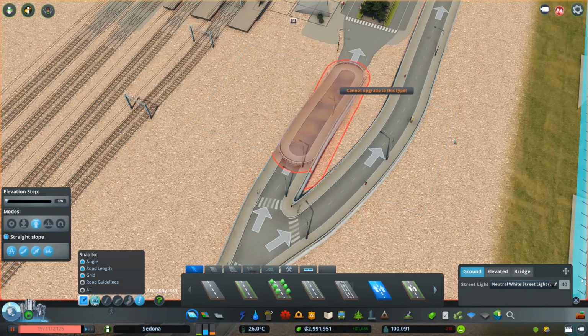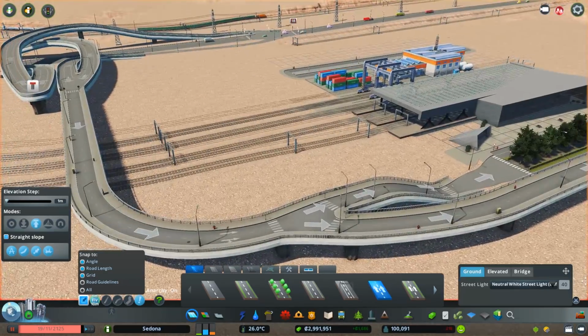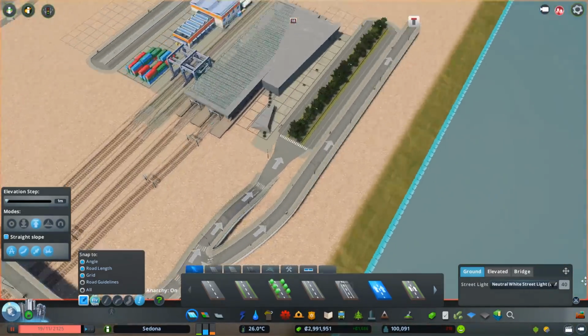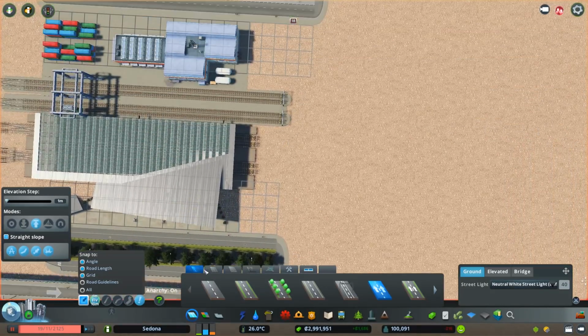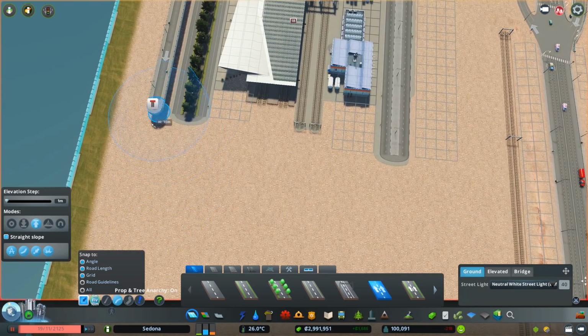Yeah, it doesn't really work. All right, so we'll just do the bottom bit there. Because it also means people won't walk on this road, which I don't really want them to. All right, so we're going to do that. That took a long time. And then this will come around and then join up to that one over there with a nice curved road. So this is going to go...